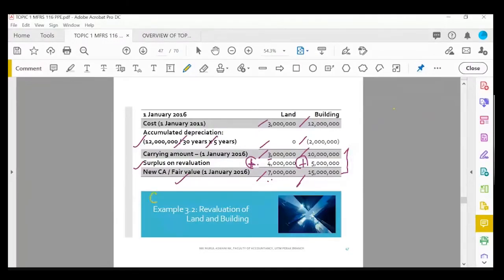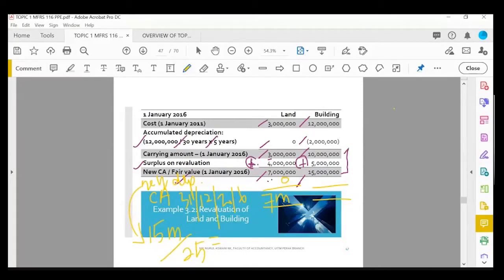So you need to find the carrying amount on 31st December 2016. Land, no depreciation, no problem. So you bring down that 7 million. But for building, then you need to calculate new depreciation. So how to calculate new depreciation? 15 million divided by the remaining useful life, which is 25 years. Any residual value? No. So 15 divided by 25 is equal to,